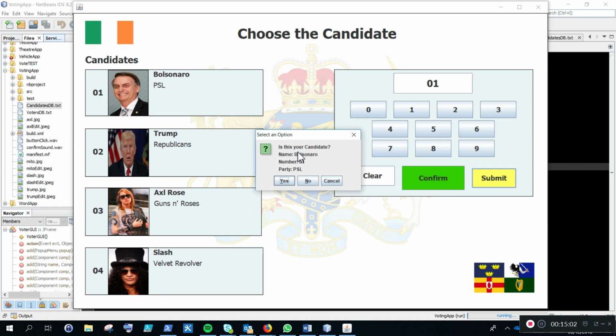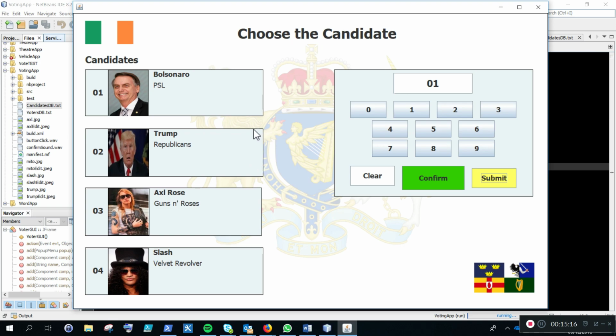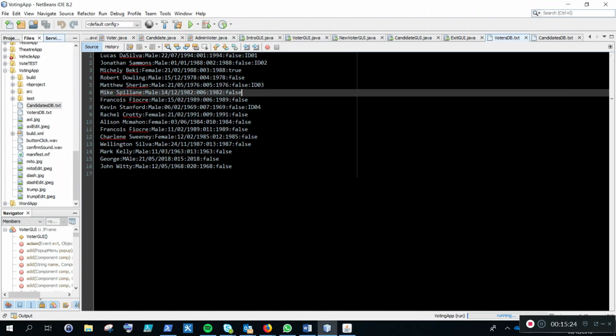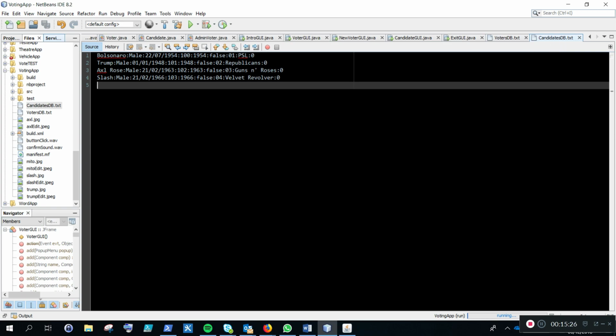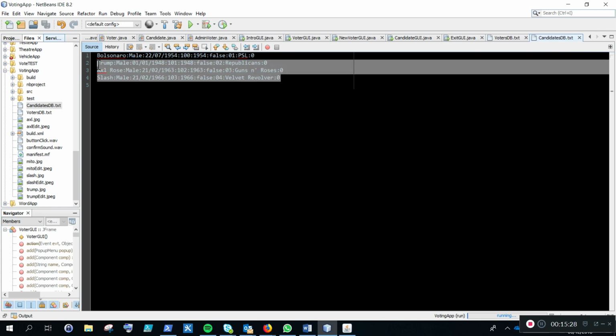It's going to ask if that's indeed my candidate. I'm going to say it is my candidate, it is the one I want to vote for. And then it's going to say that the vote was registered successfully. So now I've given Bolsonaro a new vote in the cache array, but it hasn't been written to the database yet. So if I go ahead and demonstrate the candidates database this time, here I have the 4 candidates,